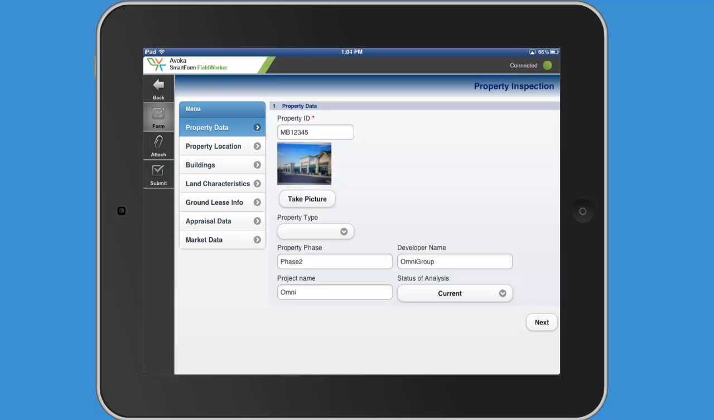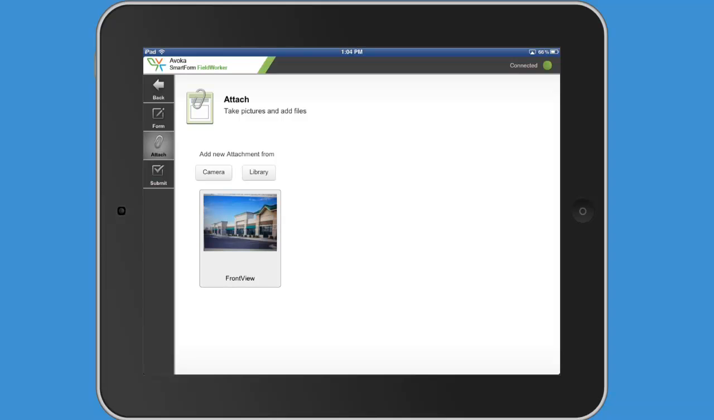Now one thing to note, if you'll notice over on the left hand side, I've got a navigation tree both for the form and the field worker. So here I can click on the attachments tab, and I can see that it's already stored that front view that was embedded in the form. So the form builder told us that we needed to do that. Now I could come in and actually click on the camera button here under the attachments tab,